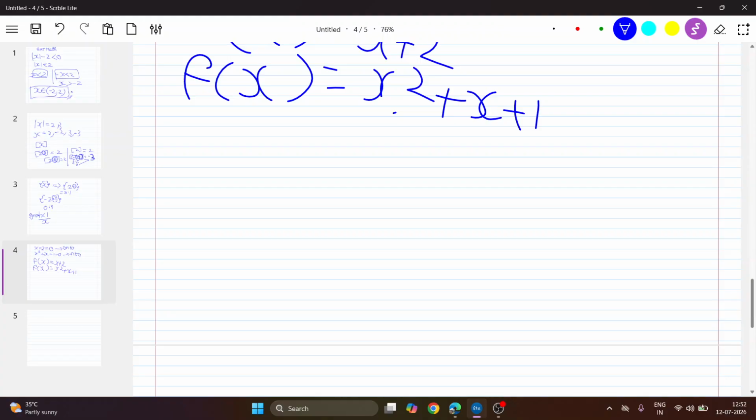Onto can be both one to one and many to one. Into is nothing. It's just like an unreal function, you can say, with no root,